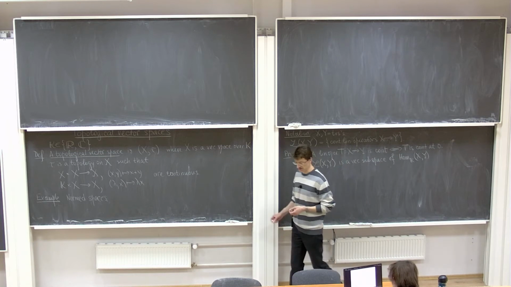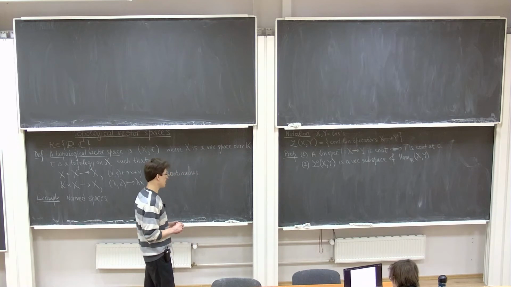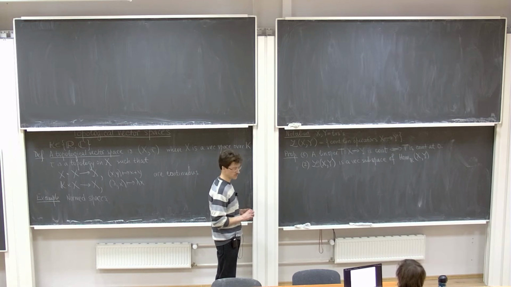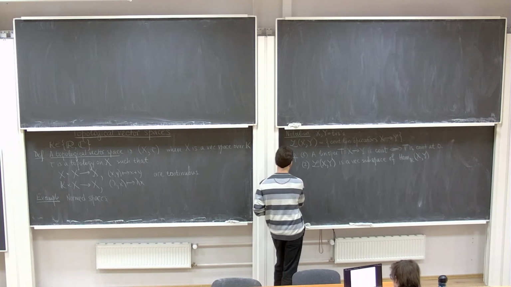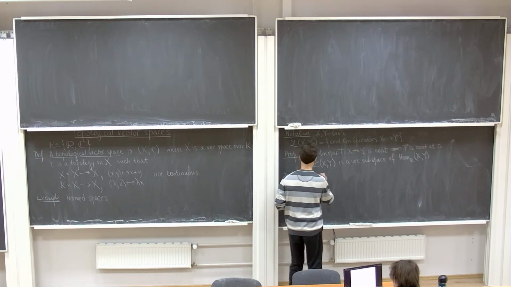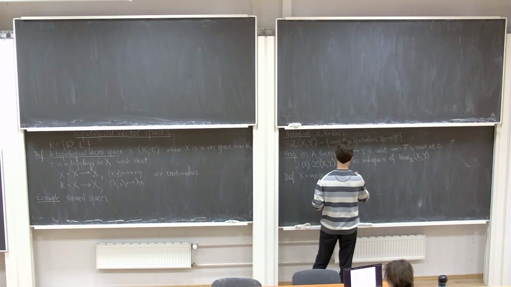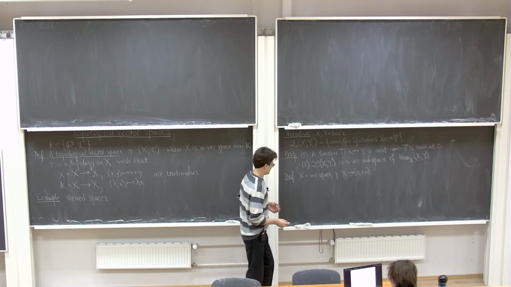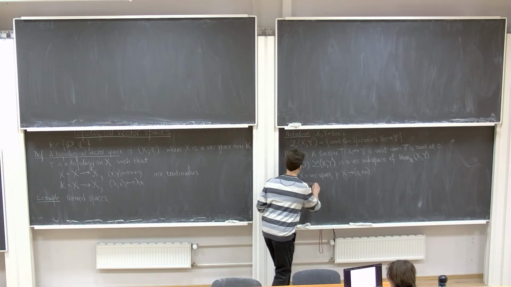Okay, it turns out that general topological vector spaces are too general to be interesting. We will be interested in a special class of topological vector spaces. And before we define them, let's recall the definition of a seminorm. So suppose that X is a vector space, and P is a non-negative real function on X. We say that P is a seminorm